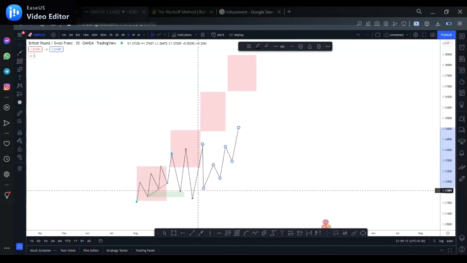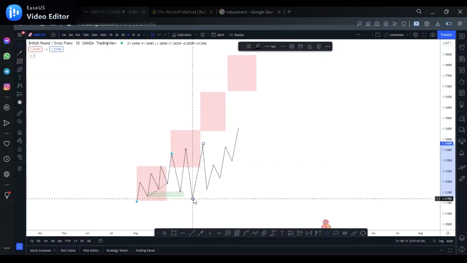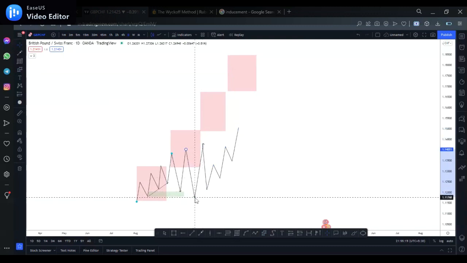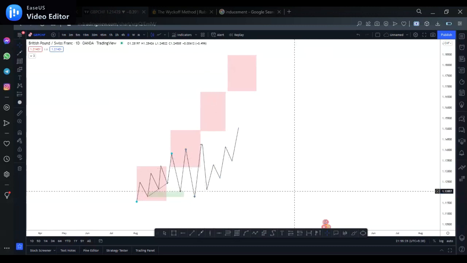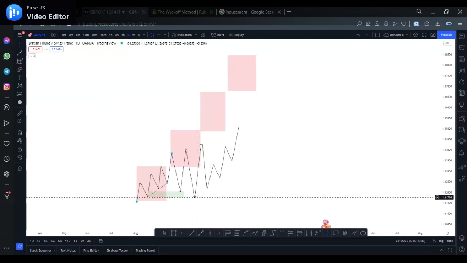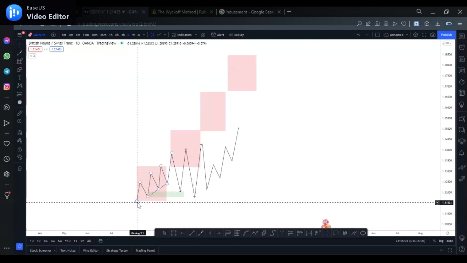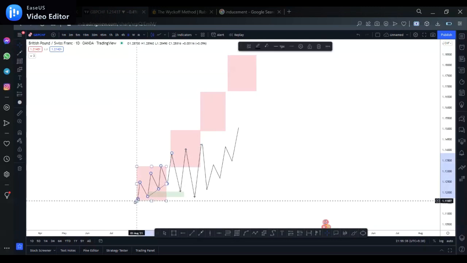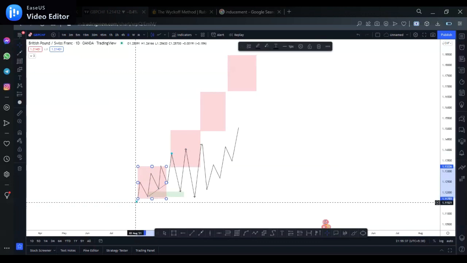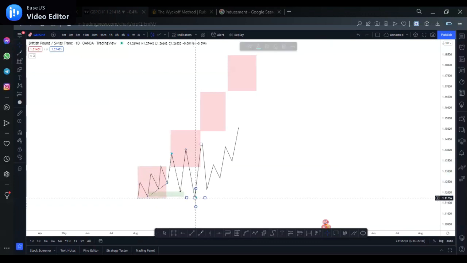Okay, so they create a new range which breaks structure, and it should look like this. So they're ready to go back up right now. From all this, you understand that this becomes the new low, the new important low to them, because this was the low that did the dirty work. This was the low where the money was kept. So this becomes the important low because this is the new range now.